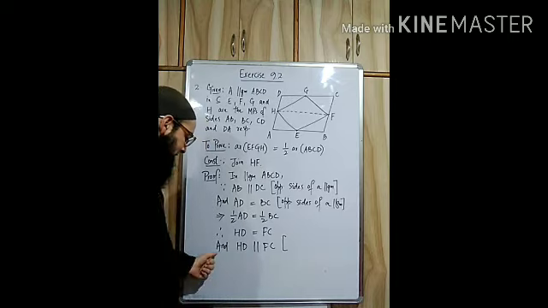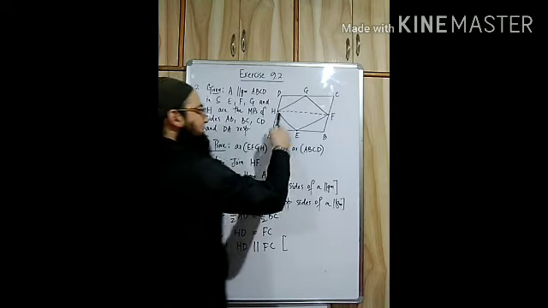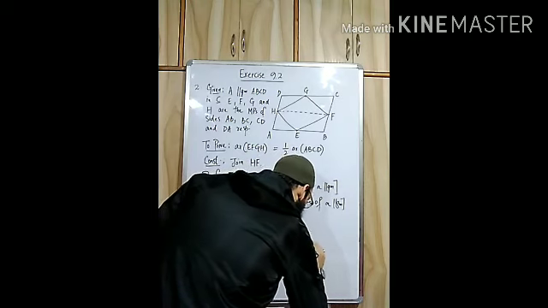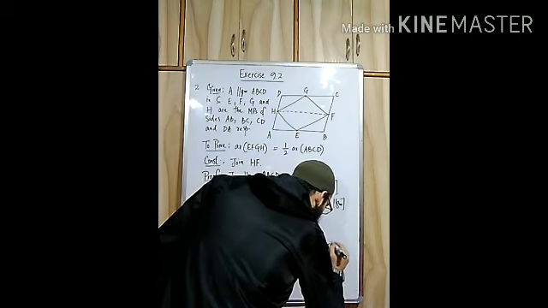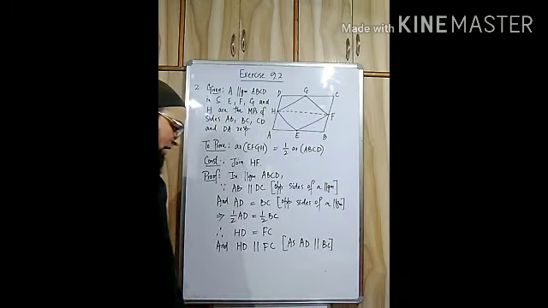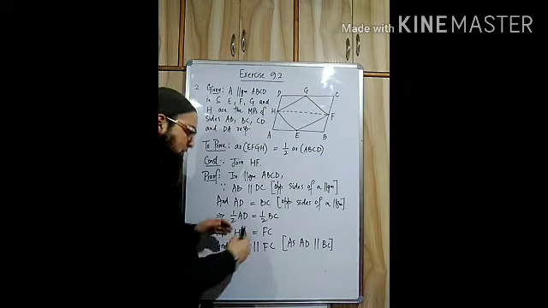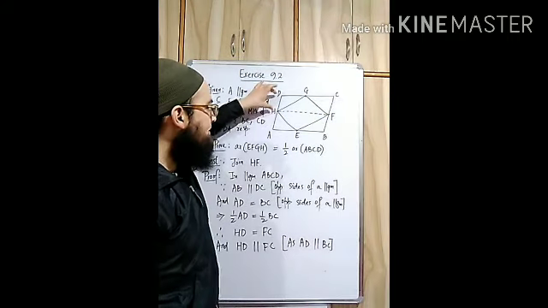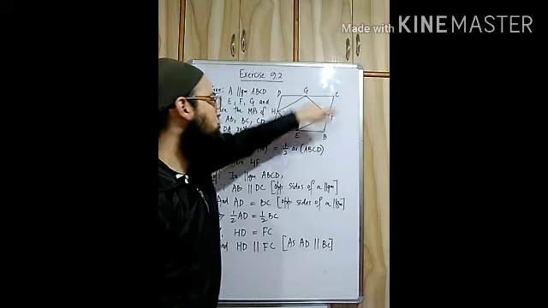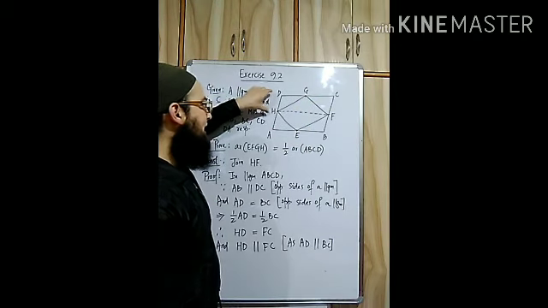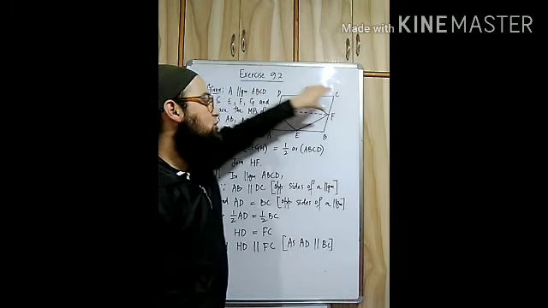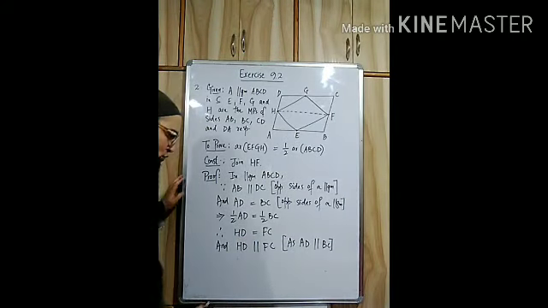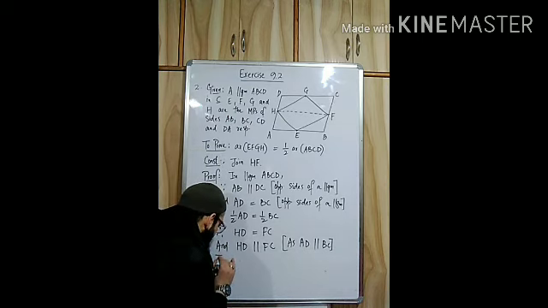Right, therefore here, HD is also parallel to FC because AD is parallel to BC. Got it? Because AD is parallel to BC, and HD is a part of AD, it is implied that HD is also parallel to FC. By these two, what we get then